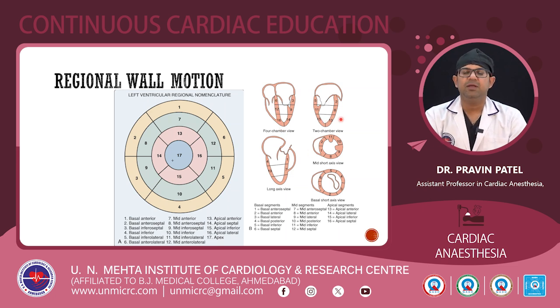When you turn the multiplane angle to 90 degrees, you will get the 2-chamber view. In that case, this part becomes the anterior most and this part becomes the inferior most. When you turn the multiplane angle to 120 degrees, this part becomes the anteroseptal and this part becomes the posterior. When you further advance the probe, you get the transgastric mid-papillary view. In that case, this is the septal part, this is the inferior most part, this is the lateral part, and this is the anterior part. When you withdraw the probe slightly, you will get the mitral basal view.